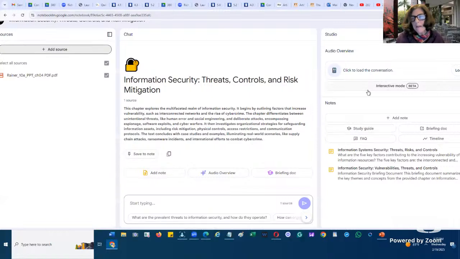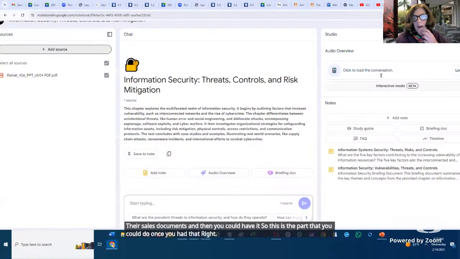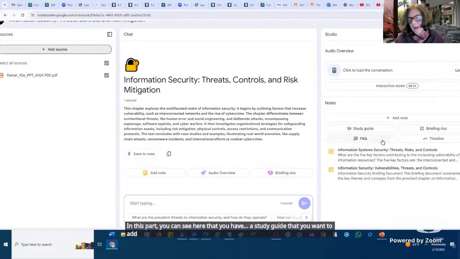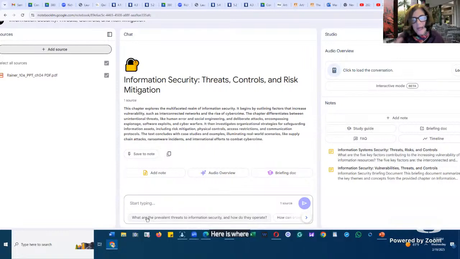right? Then in this part, you can see that you have a study guide that you can add, a briefing doc, frequently asked questions, a timeline. And at this point, in the middle of the chat, is where you'll need to play around with how to prompt it to give you 5 questions.